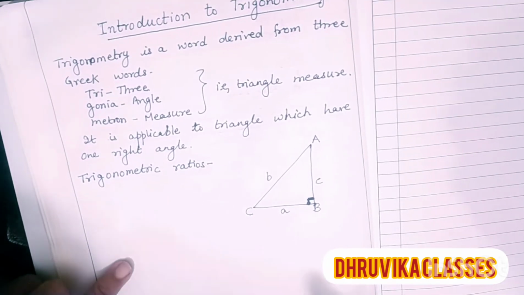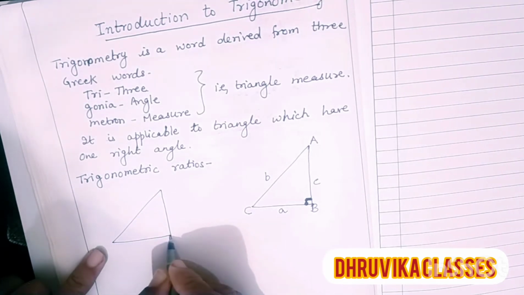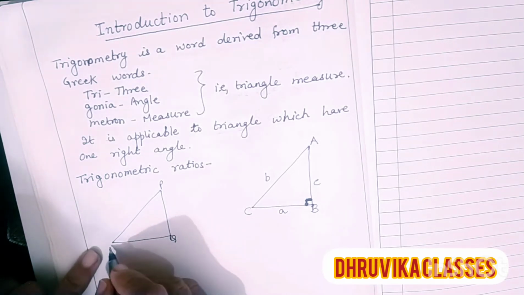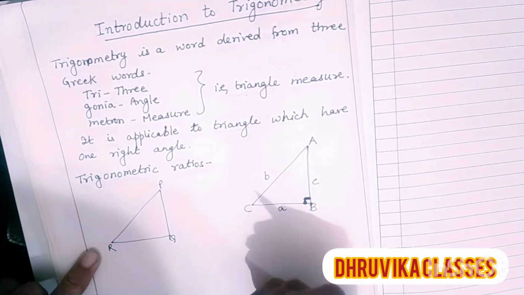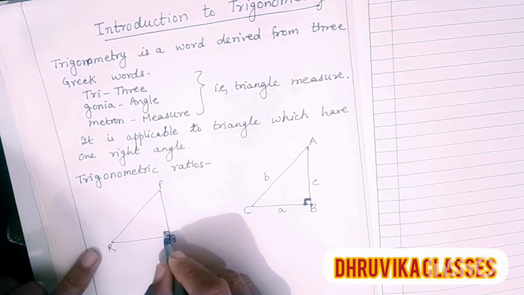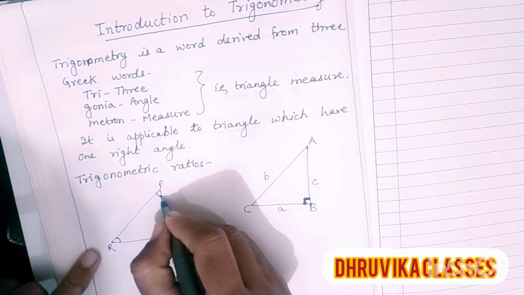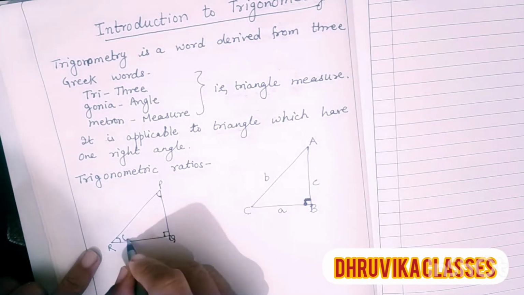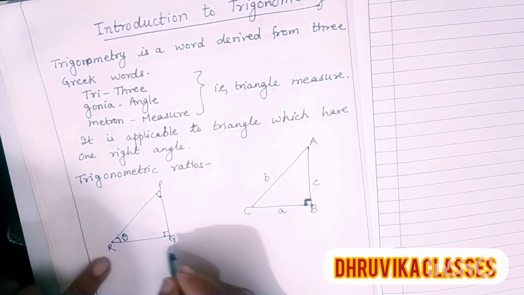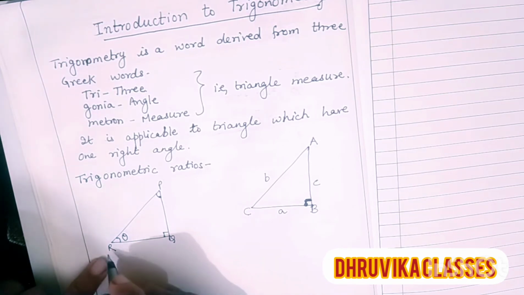Now see, suppose we have another triangle. It is not necessary that we use the letters ABC, we can use PQR, we can use MNO, anything. Now suppose this angle is 90 degree and these are the two other angles. Suppose this angle we take as theta. I introduce a symbol theta, like A, B, C are there. In Hindi we have A, E, E. These are the alphabets we use.